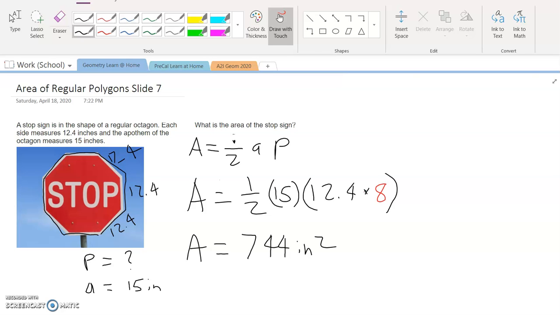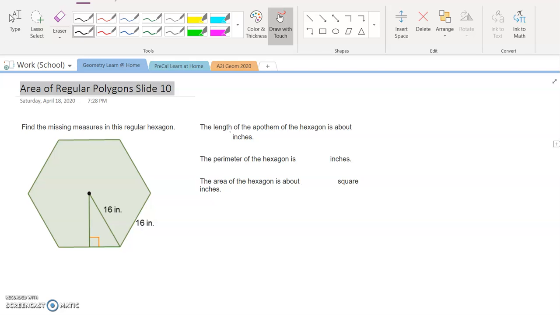All right, number 10. For number 10, it looks like we need to find a few other pieces before we find the area of this one. It's first asking us to see if we can find the length of the apothem on this one. Then it's asking for the perimeter, because once we know those two pieces, we should be able to figure out the area, because area formula, once again, is 1/2 apothem times perimeter. And if I find the apothem and the perimeter, then I'll be able to plug those in and find the area. So first step is identify